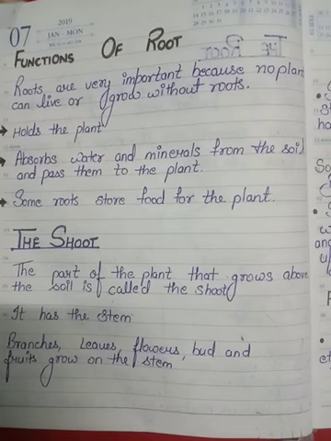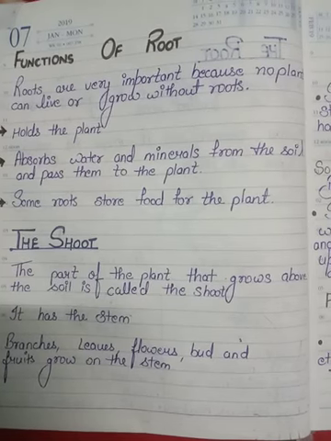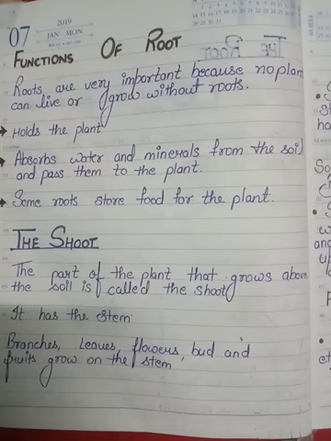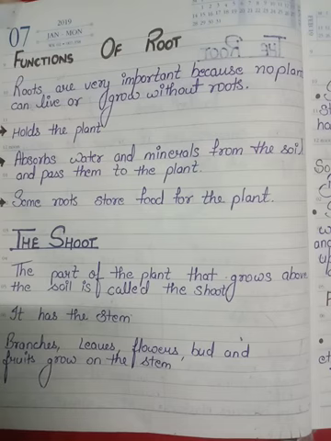They absorb water and minerals from the soil and pass them to the plant. Some roots store food for the plant. So, the main function of root is that it transfers water and minerals from the soil to different parts of